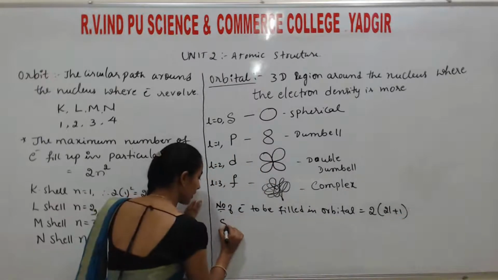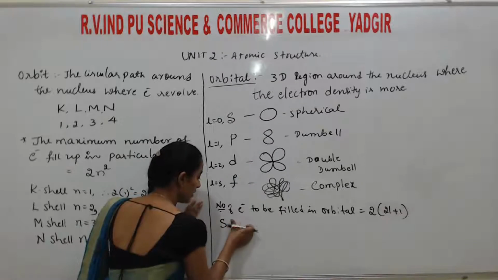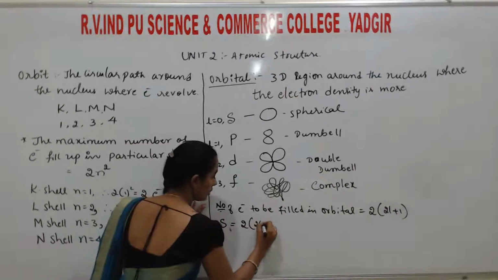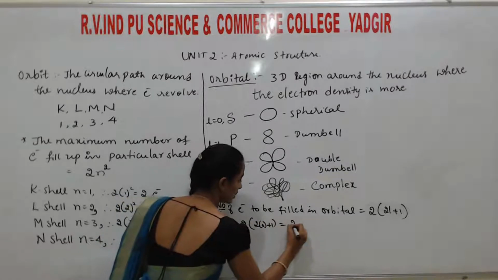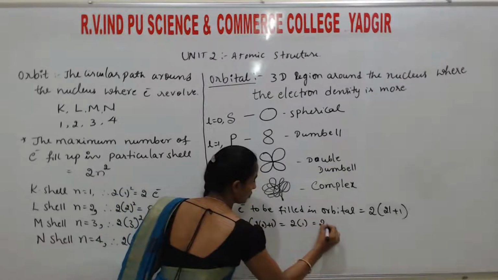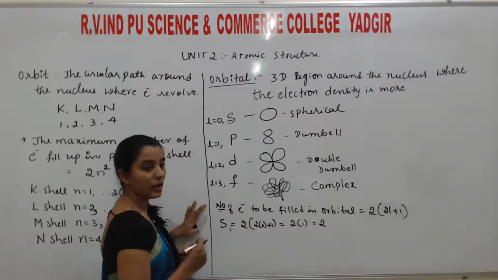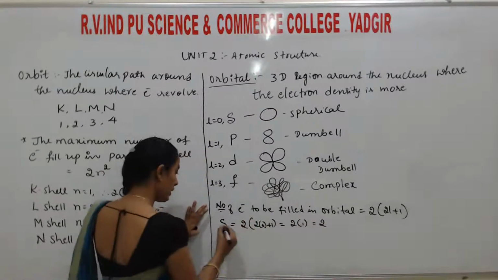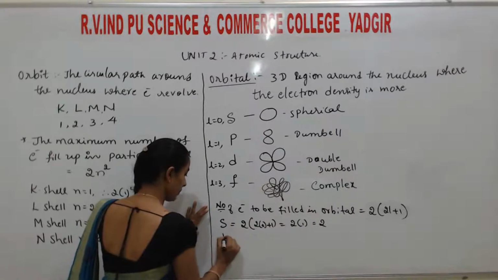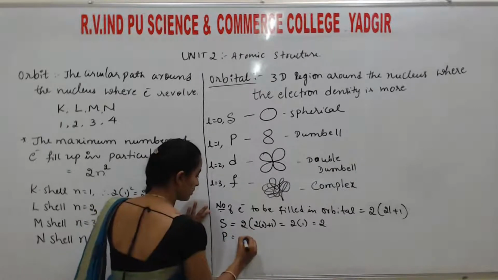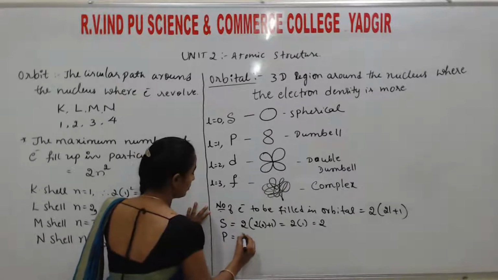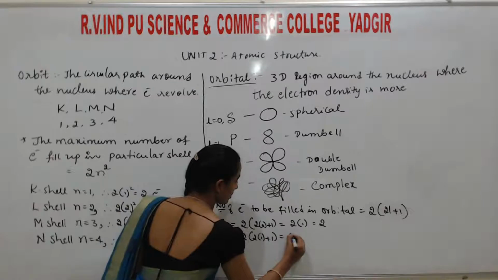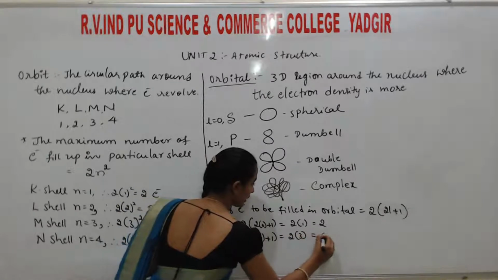So, consider for s, l is equal to 0, correct? 2 into 0 plus 1, that is 2 into 1, 2. In s orbital, maximum electrons filled is only 2. Okay, next, p orbital. So, p orbital, 2 into l value is 1 plus 1, that is 2 into 3, that is